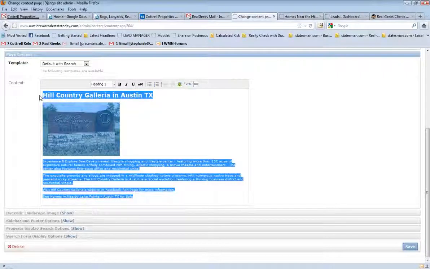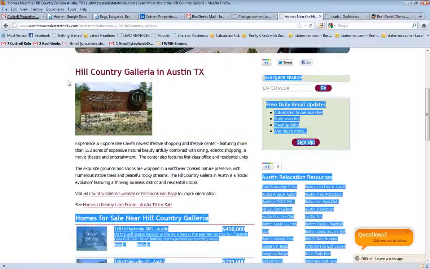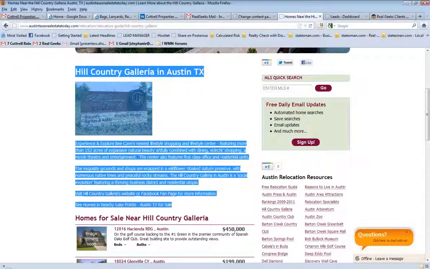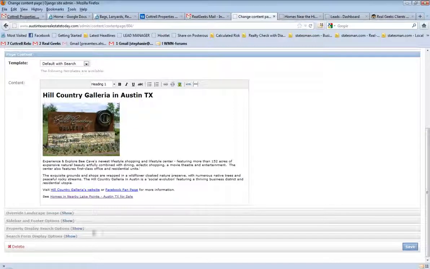One of the things you'll see in here is this information, including the picture and everything, is a what-you-see-is-what-you-get editing process. Right here is exactly the same information. If I highlight that and I shift back to this, you'll see they're identical in terms of the way they look. Now, in the RealGeeks system, one of the things you'll see is the ability to actually override the image,